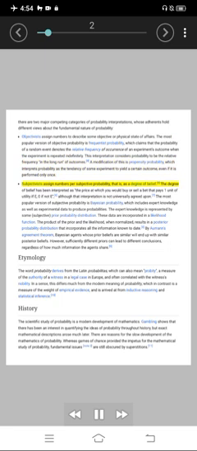Subjectivists assign numbers for subjective probability, that is, as a degree of belief. The degree of belief has been interpreted as the price at which you would buy or sell a bet that pays 1 unit of utility if E, 0 if not E, although that interpretation is not universally agreed upon. The most popular version of subjective probability is Bayesian probability, which includes expert knowledge as well as experimental